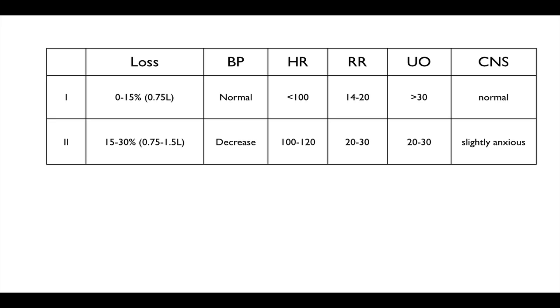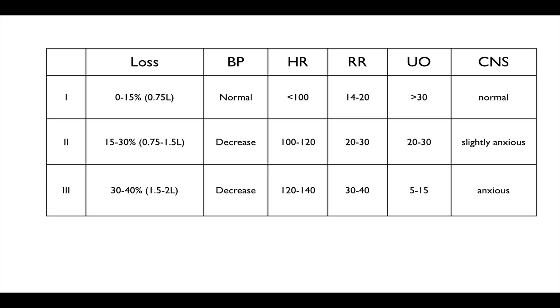And then CNS-wise, this end organ perfusion, as we mentioned, they become slightly anxious. Stage three is when you start to see a lot of patients coming in trauma from road traffic accidents, and they've lost 30 to 40% of their volume, which correlates usually to 1.5 to 2 liters. Obviously, it's different depending on the size of the patient. And you'll have a decrease in blood pressure with 120 to 140 heart rate, and a massive widening of the pulse pressure as well will be also a sign that you'll see. The respiratory rate will increase, and the urine output will decrease quite substantially,